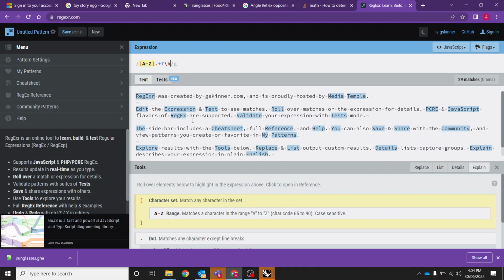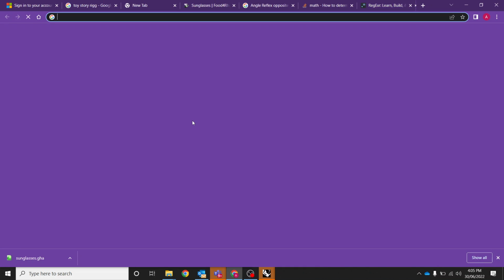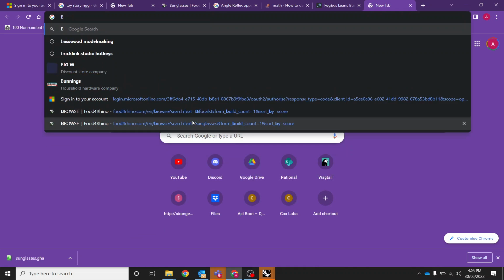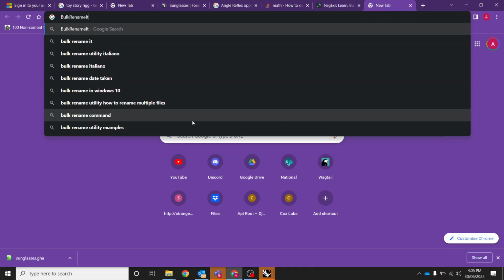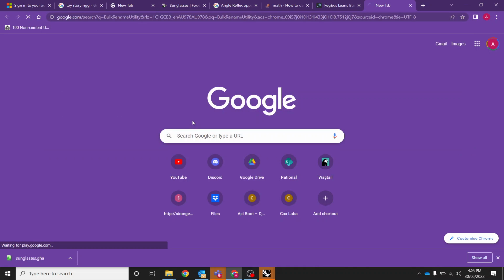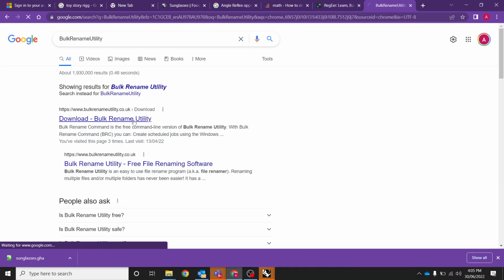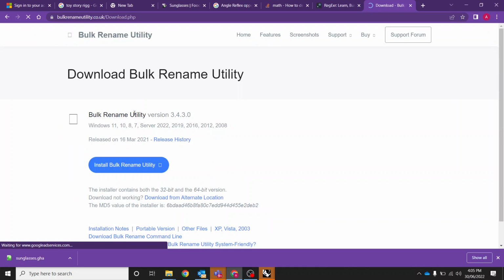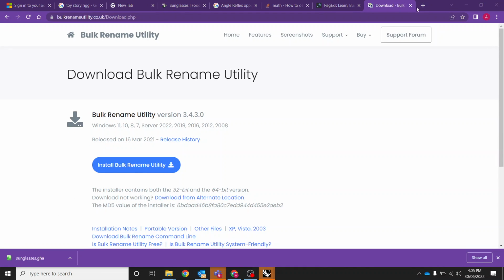The website's called, pardon? Just regex. The coding language is called regex. The website's called regexr. I don't know why. If in your careers, all of you are probably going to have to rename files. There are tools out there that are free, like Bulk Rename Utility. Bulk Rename Utility lets you do regex replacement. So for example, if you've got